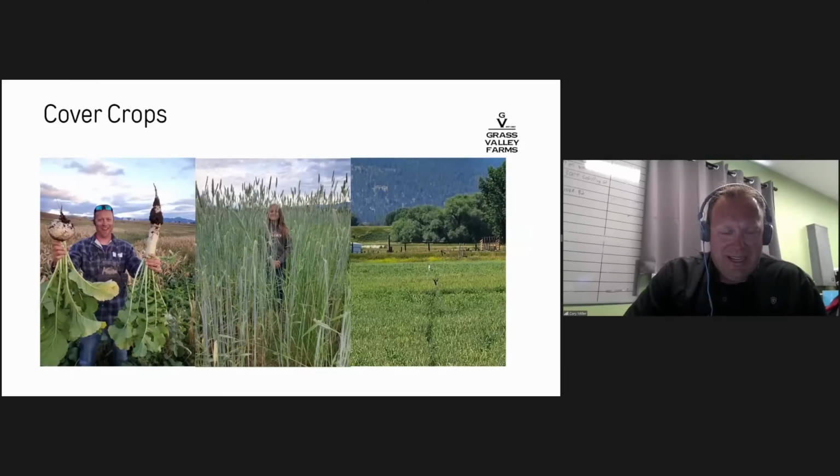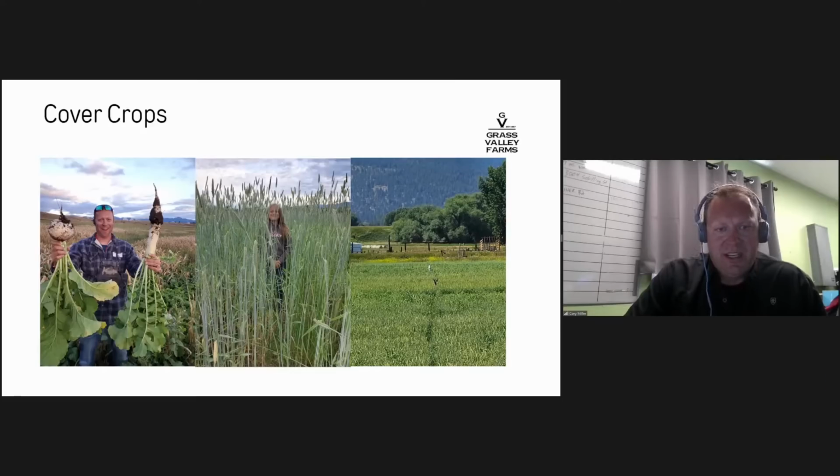These are some of my classic favorite photos of different things that we've done on the ranch. This photo on the left, of course, is a daikon radish and a turnip. And this particular food source fed the 50-acre field, fed 30 of my cows all winter long. Didn't have to put out any hay. This picture of my daughter. Of course, she's 10 now, a little bit bigger, but this is roughly 4.5 to 5 foot